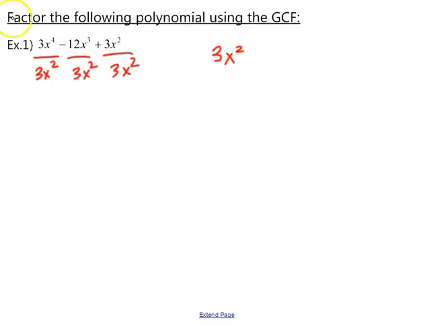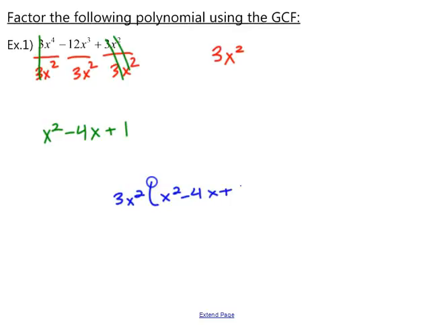And then let's go ahead and simplify this. 3 divided by 3 cancels. X to the fourth divided by x squared is x squared. Negative 12 divided by 3 is negative 4. X cubed divided by x squared is x. 3 cancels out, and x squared cancels out. So I need you to be careful. When that last term cancels out completely, this is not 0. This simplifies to 1. So when we write our final answer, we're going to have 3x squared times x squared